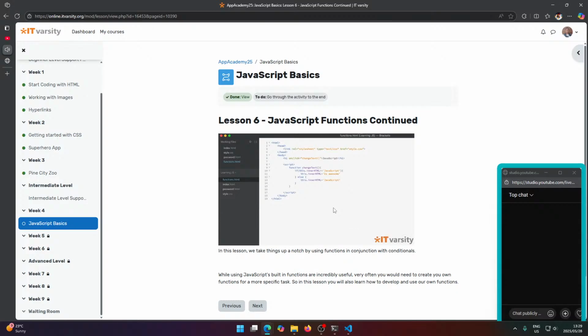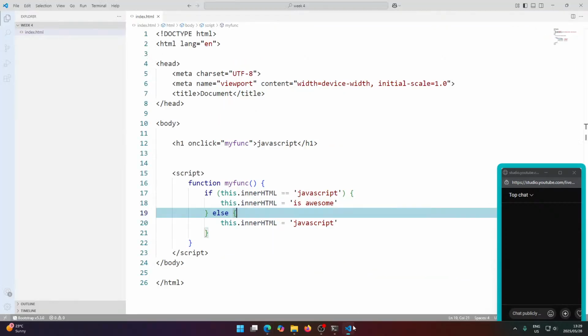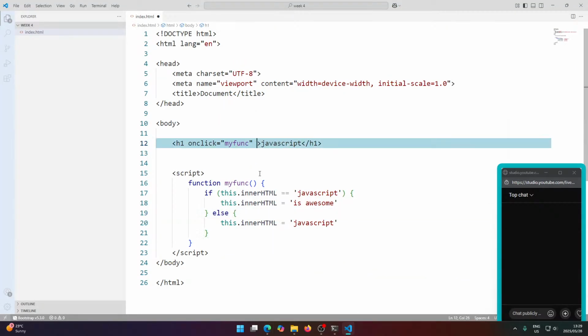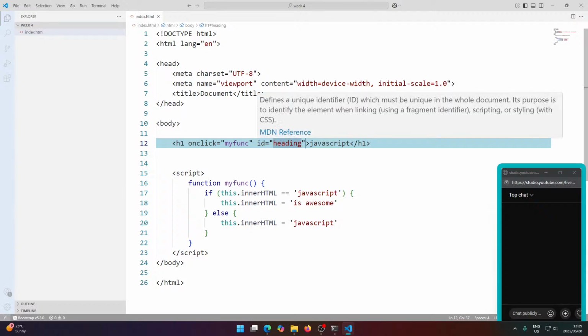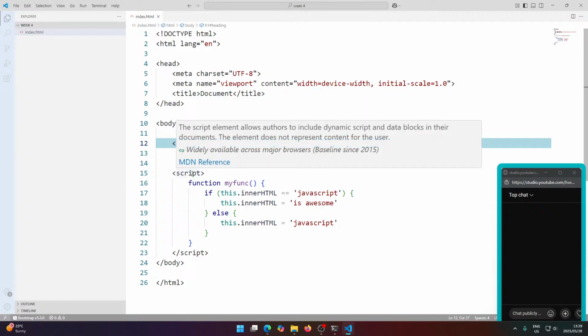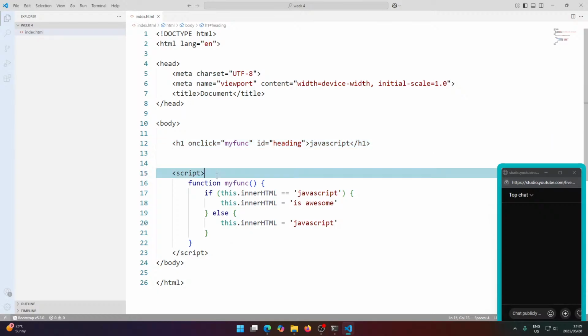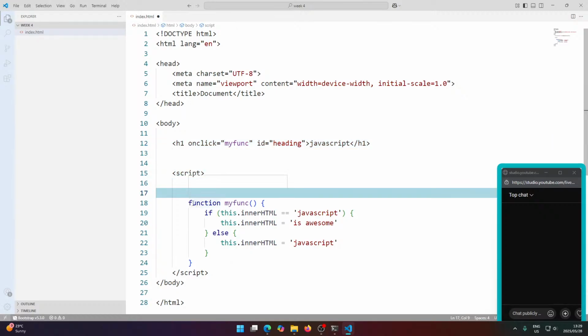What we need to do is we're going to need to identify this element using, yes, you guessed it, getElementById. I'm just going to type this out ahead, and we're going to give this h1 tag an ID here. So ID is equal to, and I'll say heading. Yeah, you can type whatever you want as your ID here. And then inside of the script, let me make some space here. So not inside of the function, but inside of the script,